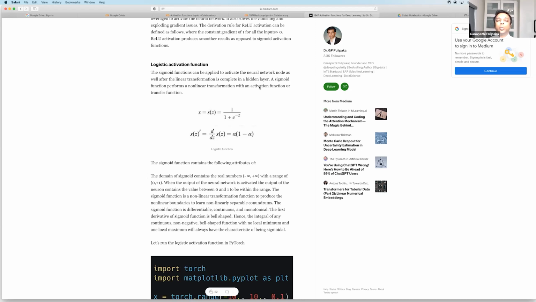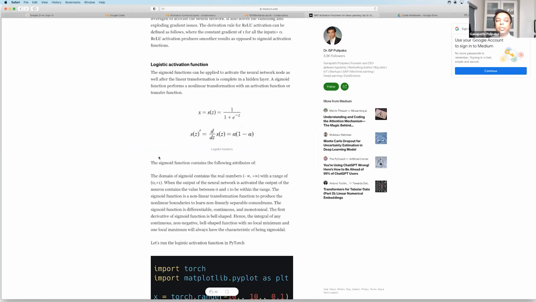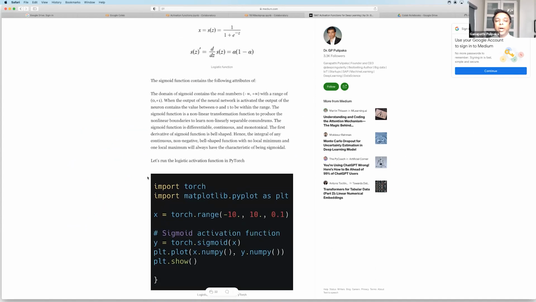So this is 1 divided by 1 plus e to the power of minus z. That's the formula for our logistic function, and that is all we need to know for now. How it works, you can refer to this article and see a sample example I implemented in PyTorch, and also what range of numbers it can accommodate and what output you're going to have. All of that you can check here.